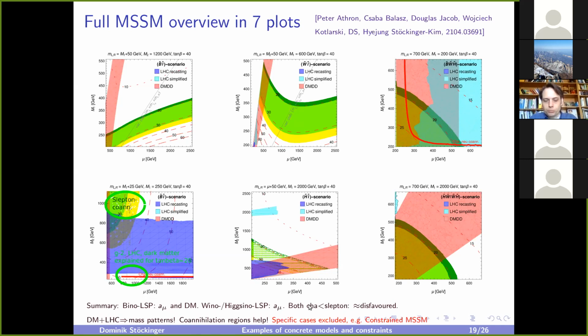But there are also negative statements. For example, the well-known constrained MSSM, where you put in some constraints from GUT ideas, is excluded as an explanation of g-2, which of course also is a nice result that you can make progress in step-by-step falsifying scenarios.